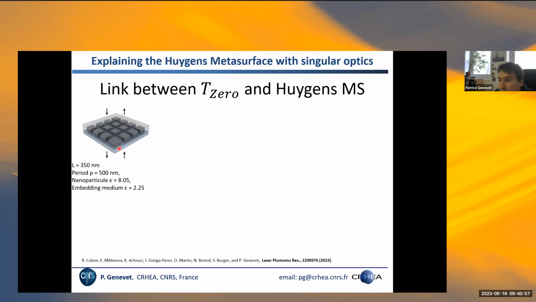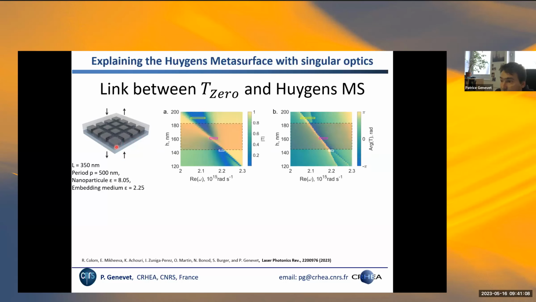So I took one of these geometries that is used in the literature to show Huygens behavior. It's a dielectric array of nanoparticles embedded in a homogeneous material. And by changing the geometry, people were able to show that the transmission coefficient shows 2 transmission lines that change as a function of parameters and eventually converge. Then there is some sort of unity transmission that comes when the 2 resonances seem to overlap. And then you have, again, these 2 transmission zeros on the other side.